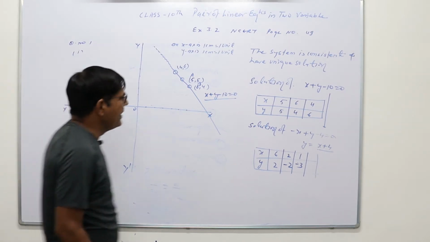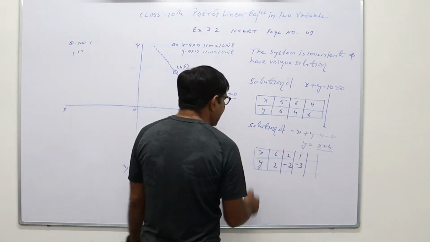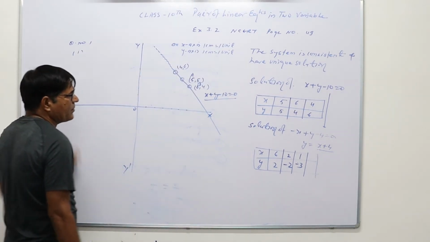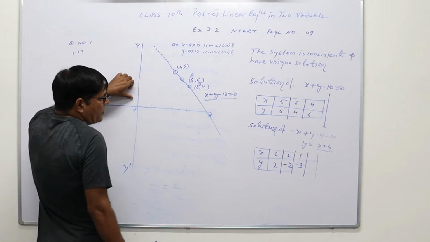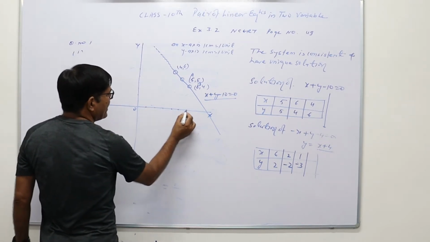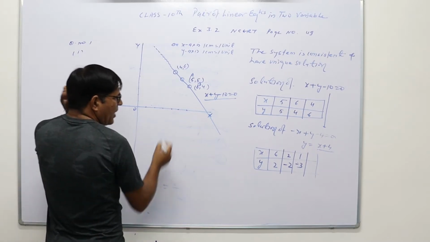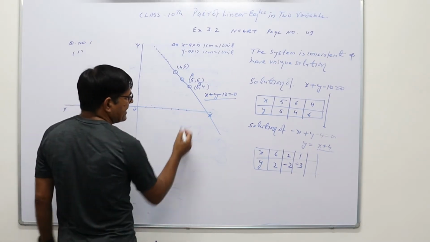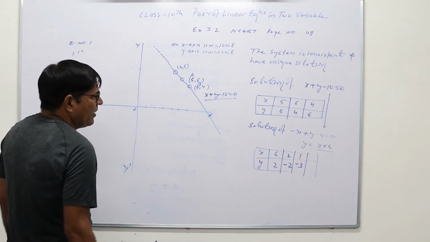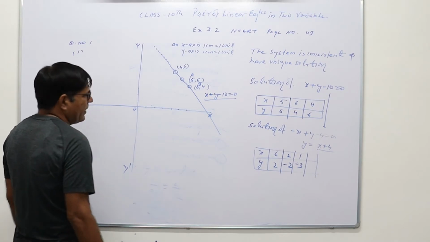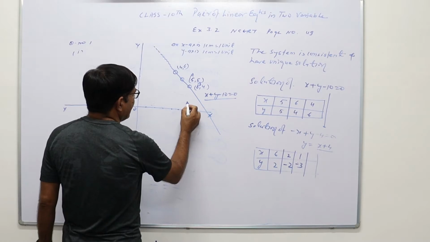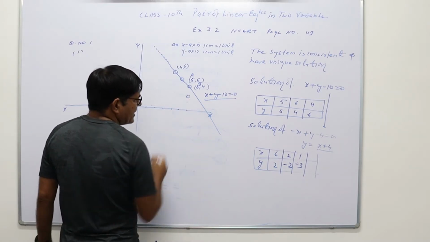So this is the graphical representation of the linear equation x + y - 10 = 0. Now similarly we will draw the graph for the second equation, with the solution set we have taken. To draw the graph of the second equation, the first solution is (6, 2). So this is 1, 2, 3, 4, 5, 6 on the x-axis, and on the y-axis 2. So this is (6, 2).